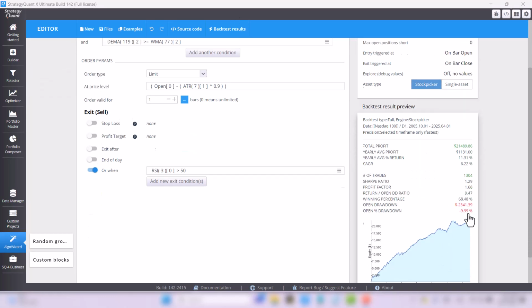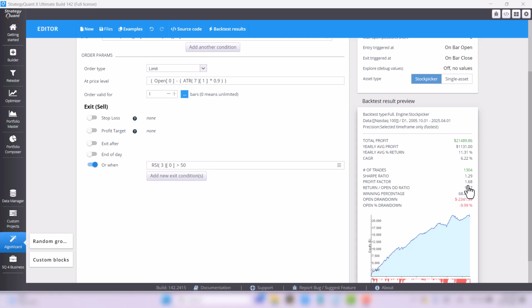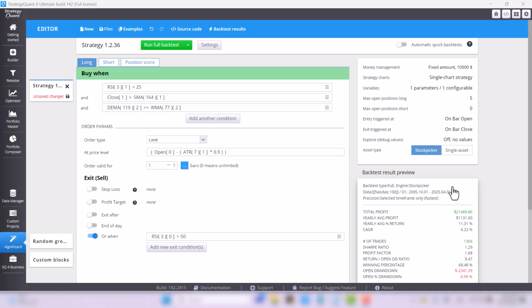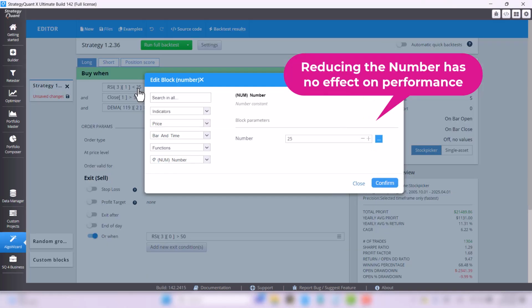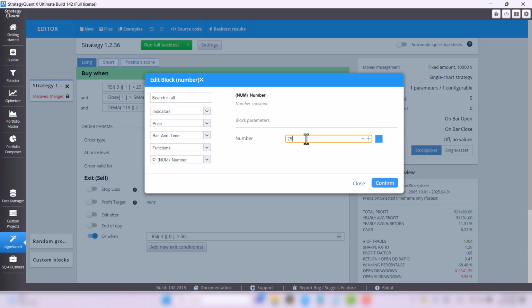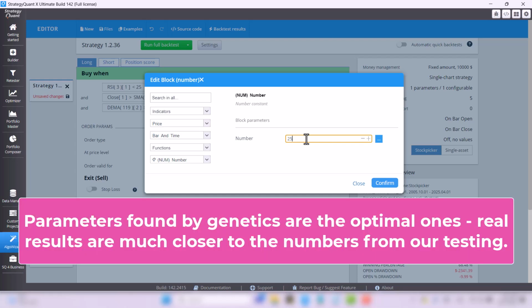And I see that the profit factor has dropped, but only slightly, not substantially. That means that the downward change in that parameter has not had a major effect on the change in performance. But these parameters that Genetics chose are the optimal ones, so we should rely more on the results from the testing.